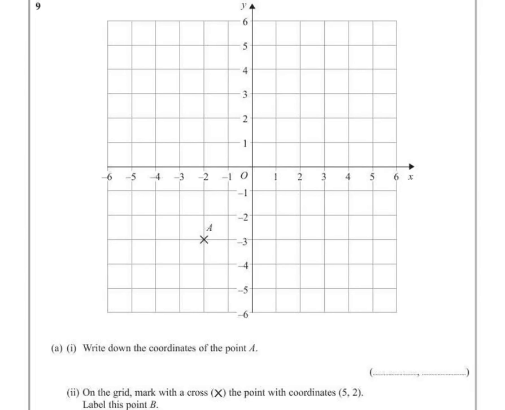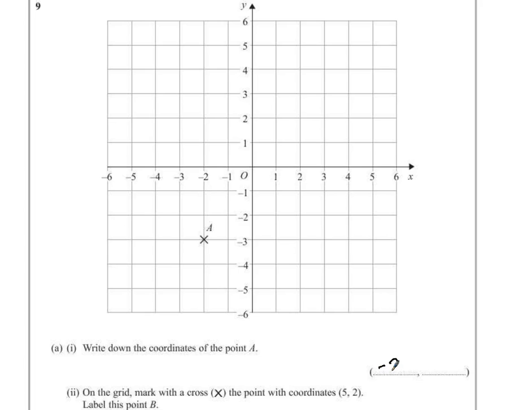Question 9, Part A, Part 1. Write down the coordinates of point A. So a coordinate tells us a position on a grid, starting with how far across the position is. So for point A, we'll have a look at the x-axis. Now it's in line with this -2, so our first part of the coordinate is